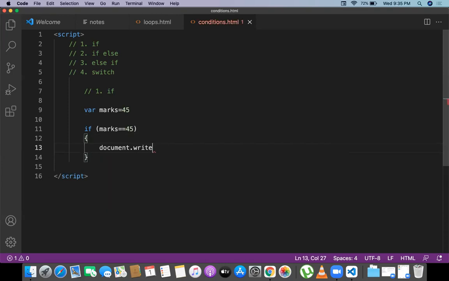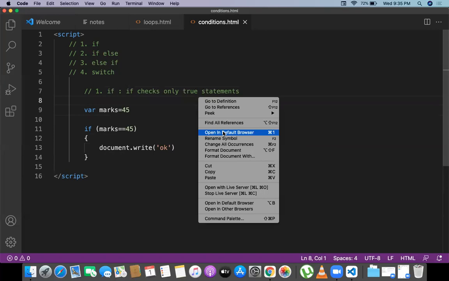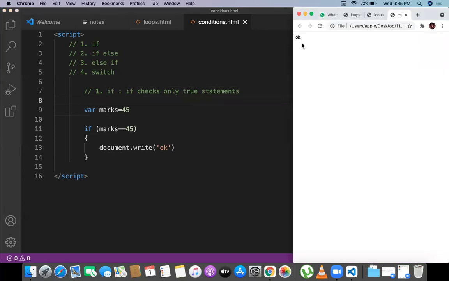And the thing we need to understand is that if checks only true statements. That's it. So basically marks is 45, and we are checking 45 is equal to 45. Obviously the output will be okay. Why? Because the true statement is working here.